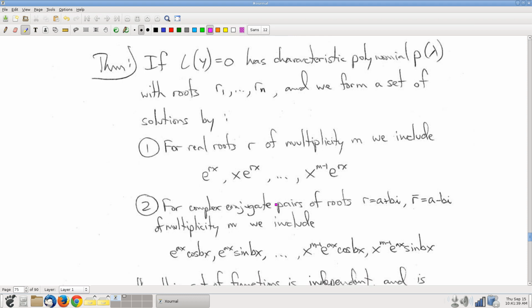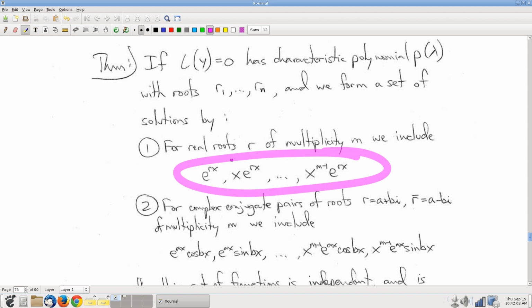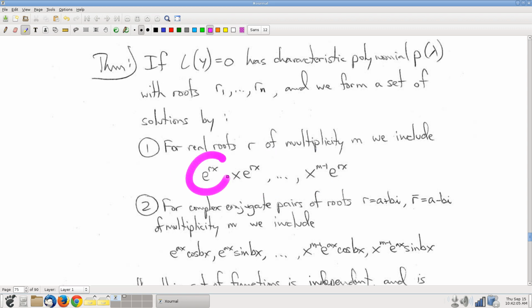So here it is, this differential equation. Write down its characteristic polynomial, find the roots, and there should be n roots if this is an nth order differential equation. From these roots, we form solutions by the following process. For the real roots, look at the multiplicity and write down these solutions. Right, so these are the sort of obvious and free solutions, and we have a theorem from the